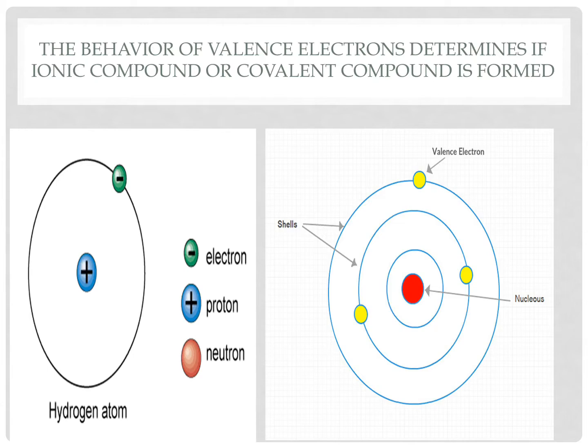So every atom in nature is made of these subatomic particles: the electron, which has a negative charge,